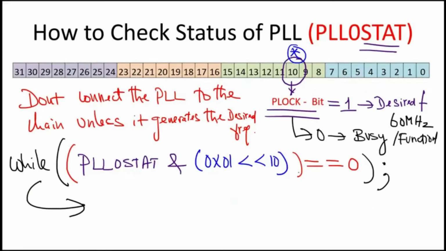Without doing anything to the PLL, if the PLL is idle and you go into this kind of condition checking without loading any initial values, it doesn't make any sense at all. Why? Because the PLL will never generate 60 MHz, this condition will never get satisfied, and this is going to be a permanent dead trap. So don't get into this kind of trap without doing the initial work properly. Keep this in mind. So if the lock bit P-lock is equal to 1, which means I have achieved 60 MHz, then it's time for me to connect the PLL.